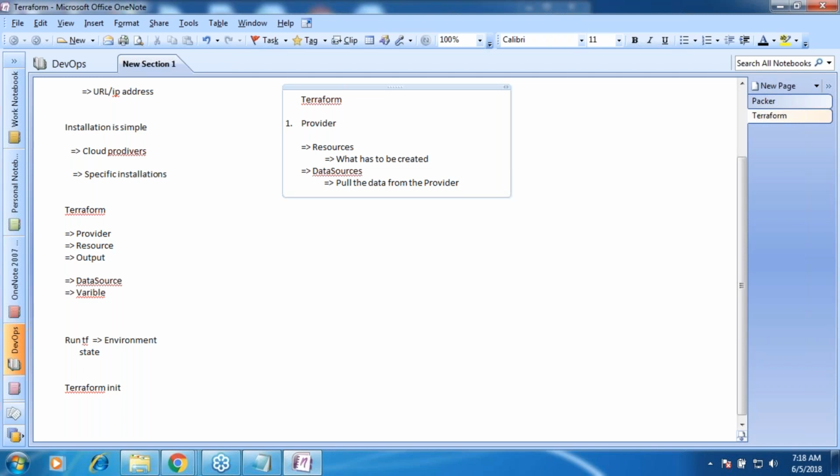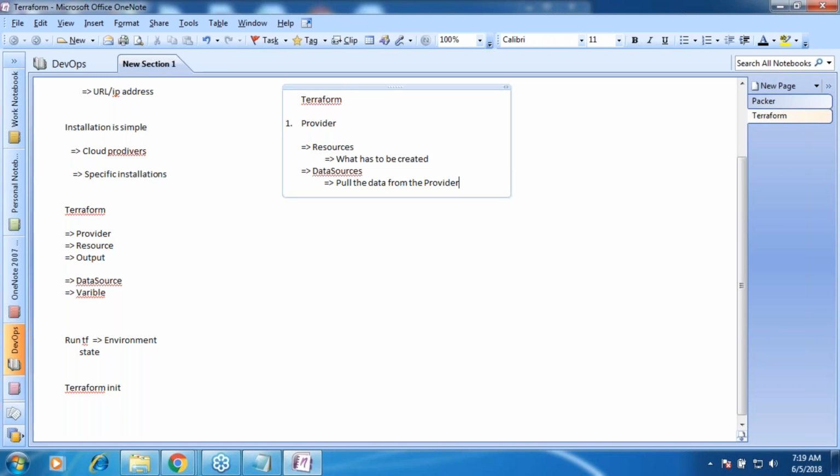So that is dynamic information which the cloud has. So for example, if you want to pull such information, you will be using data sources. Data sources help you to pull information from the cloud, let it be security groups, let it be the image IDs or whatever it is, right? So in some areas we need some data to be given by the provider. In those cases we use data sources, right? But data sources is not a mandatory step, but a data source is used to pull data from the cloud. I want to know the list of security groups. Okay, probably, or